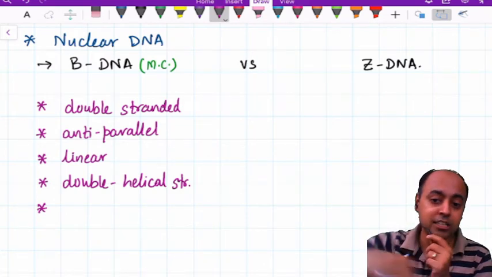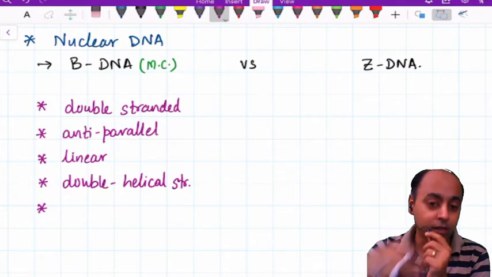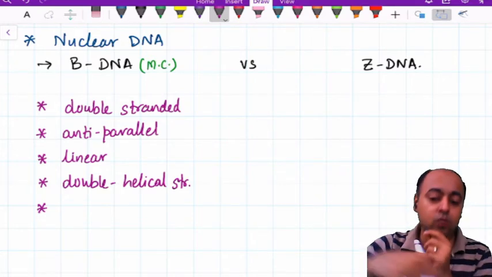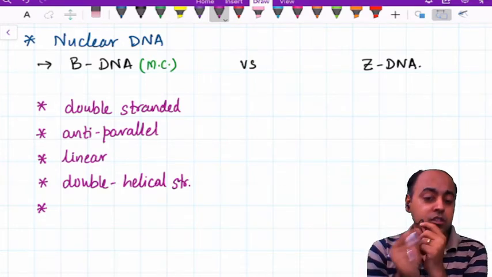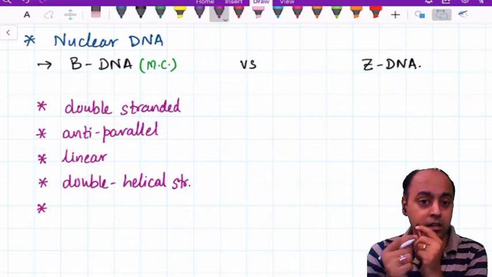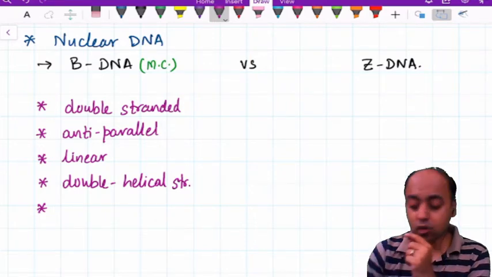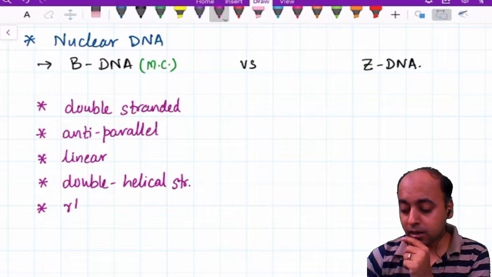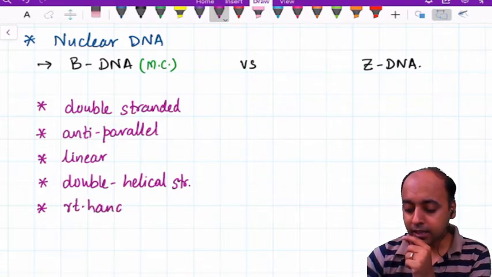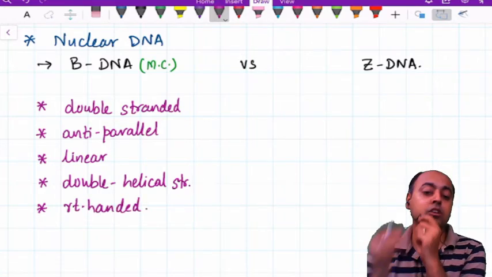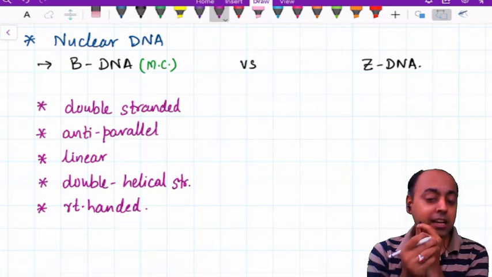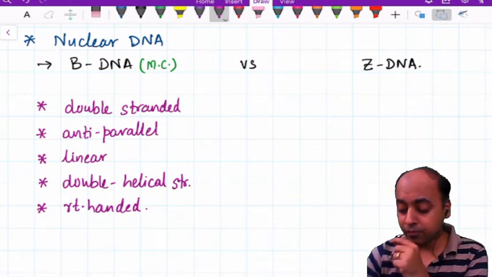How it is running in a spiral, it can either run clockwise or anti-clockwise. The orientation of the strands of DNA is clockwise. When it is clockwise, we call it the right-handed helix. So the two strands of the B-DNA are arranged in a right-handed manner, and when you examine the structure, you